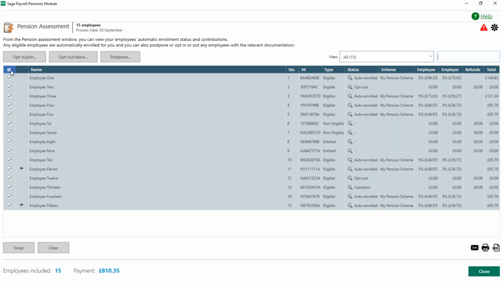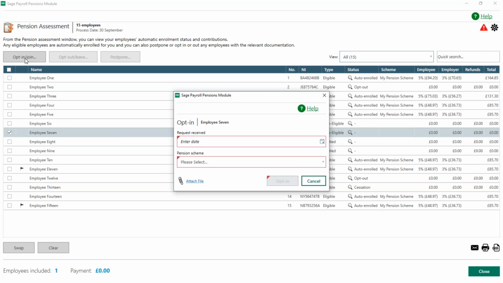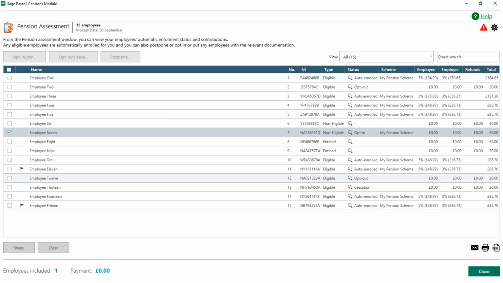So if there's an employee that wants to opt in, it's just a case of selecting them in this list. So I'll just pick out one of my non-eligible employees, employee 7 here. I could click opt-in/join. We can enter the date we received the opt-in request, and we can choose the pension scheme that we want to put them in. Once I've got both of those details entered, I can attach any supporting evidence, if there's a document I want to attach to the employee record, and then I can click opt-in, which will assign the pension scheme to that employee, and they'll be officially enrolled from the start of our next pay reference